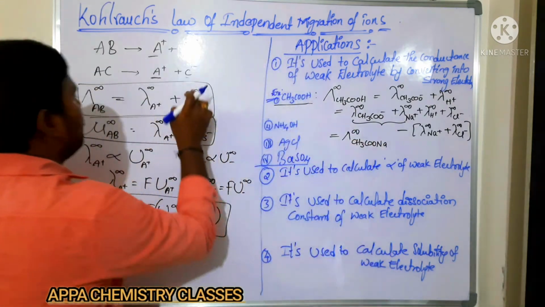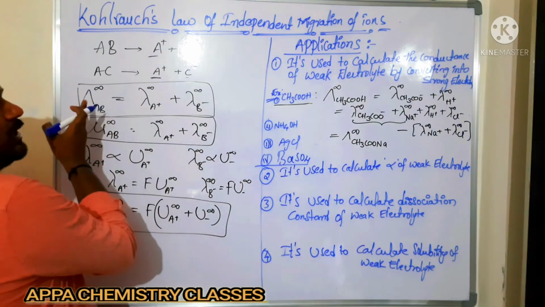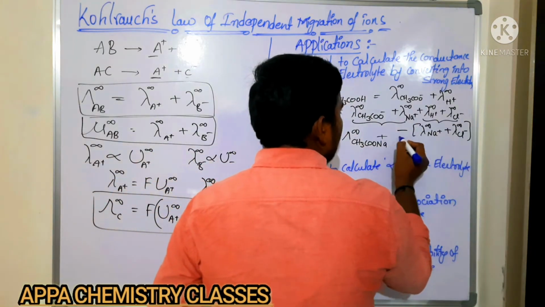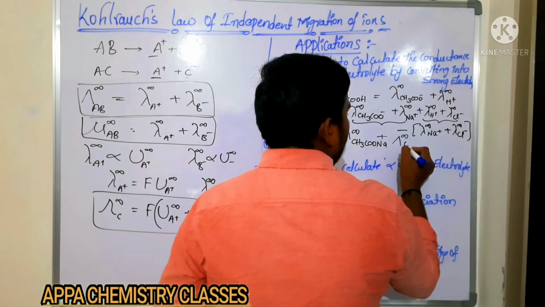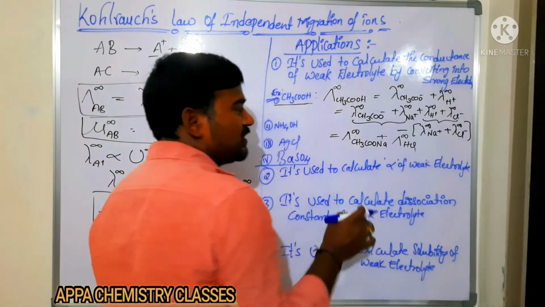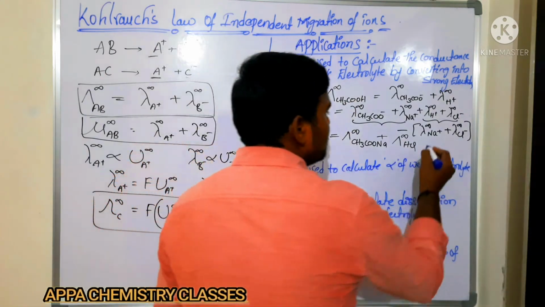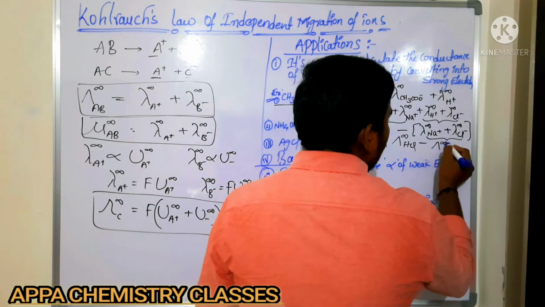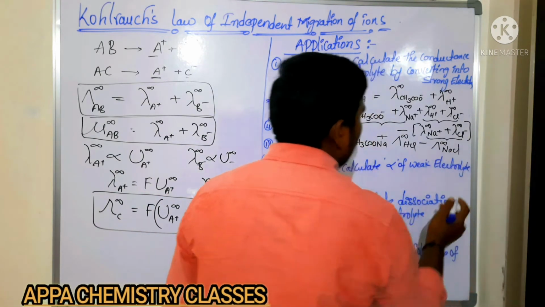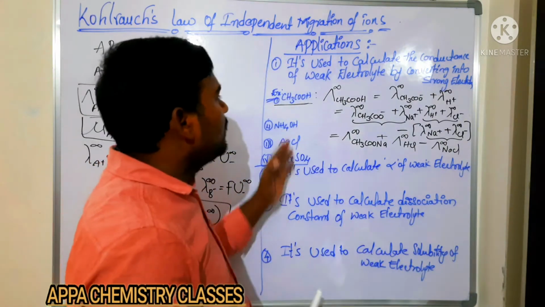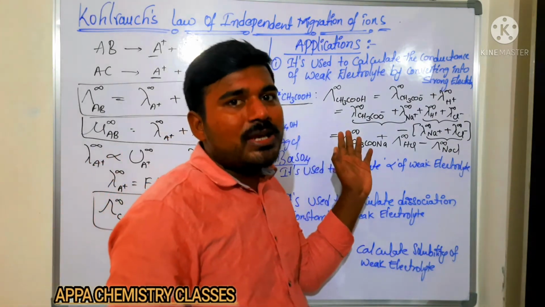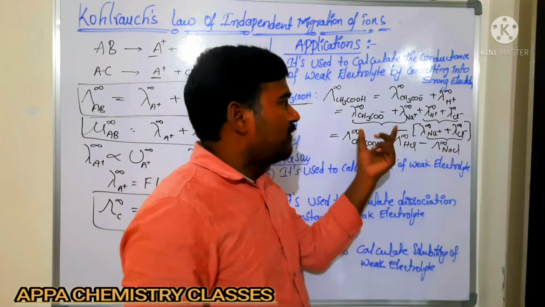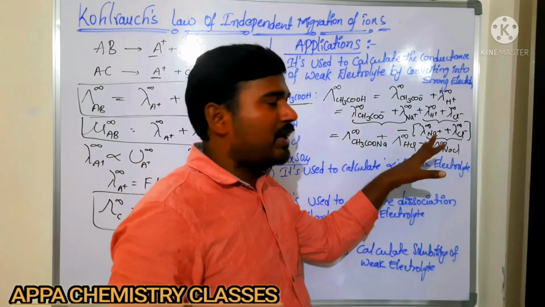From this, whenever you are combining these two, you are getting the electrolyte conductance. By combining these two, what happens? You are going to get conductance of HCl. Sodium acetate and HCl are what? Strong electrolytes. So minus, by combining these two, we are going to get NaCl. What we have done here is convert that acetic acid into a strong electrolyte by adding some strong ions from the strong electrolyte and subtracting also.